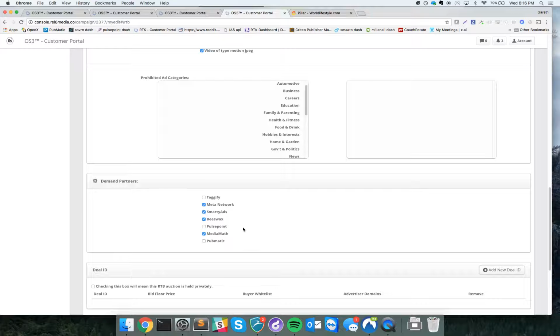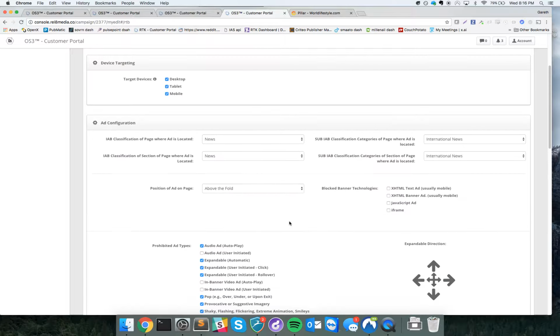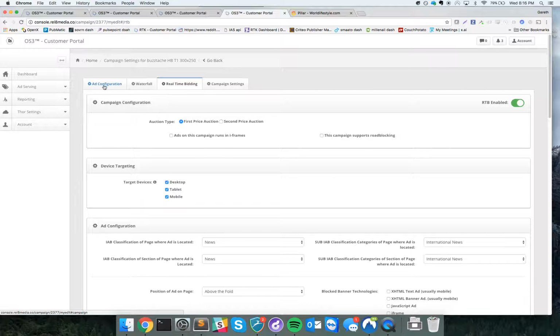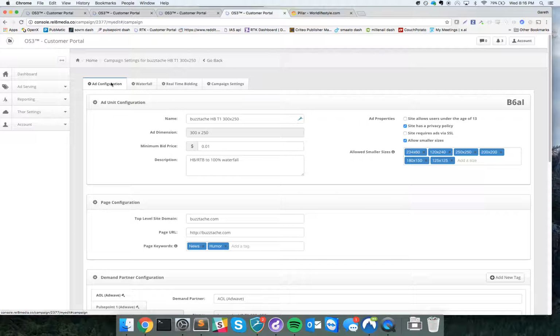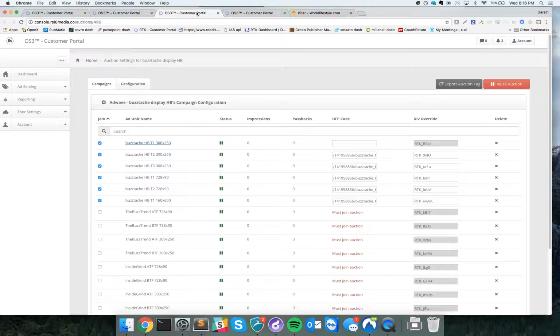This is both a server-to-server header bidding system and an ad exchange all rolled into one. So this is the most fundamental part of our tool. For every website, you have a number of ad units that you will then group together. And as you can see here, this is what we call our auction screen, where for a given number of ad units, these are all of the ad units that we're going to tie in and we want live on